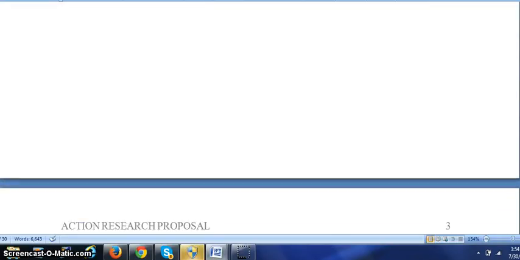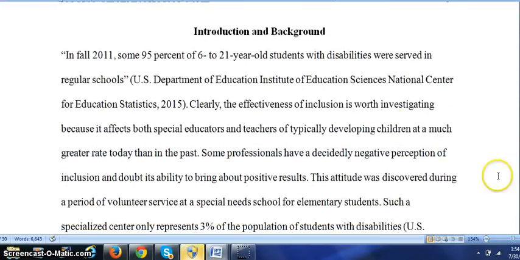Okay, the introduction. The purpose of the introduction is to give some kind of introduction and background to your subject. In this case, you should have indented here. The abstract you do not indent. It should only be one short to medium-sized paragraph, and it will not be indented. The abstract will not, but the introduction and background should. All other paragraphs should be indented. But she's giving a brief introduction to her topic.